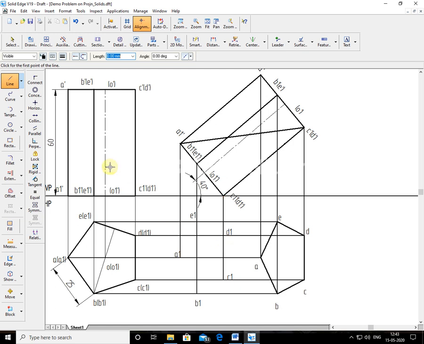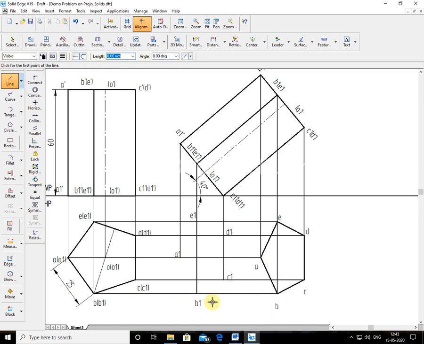So keeping that in mind, I'll draw here. What is the border? If I start from B, C, D, E, E1, A1, B1, that is the border. So I'll join it by a thick line, the orange border seen. I'll join from here, somewhere here.